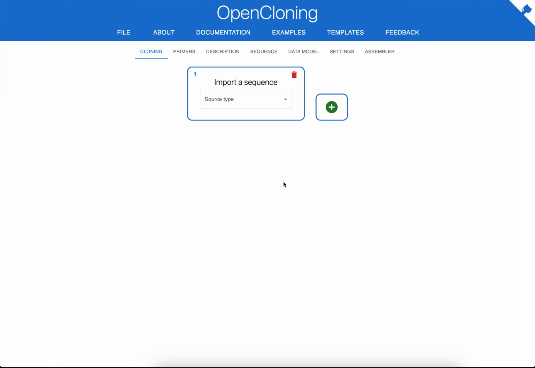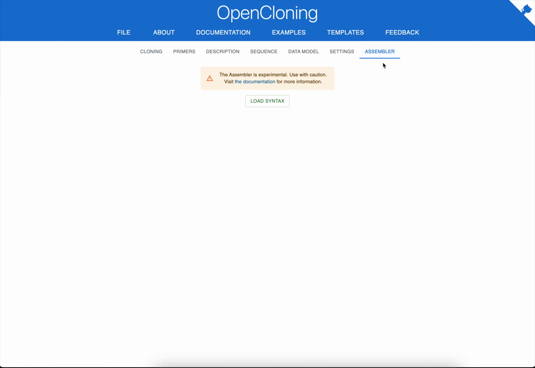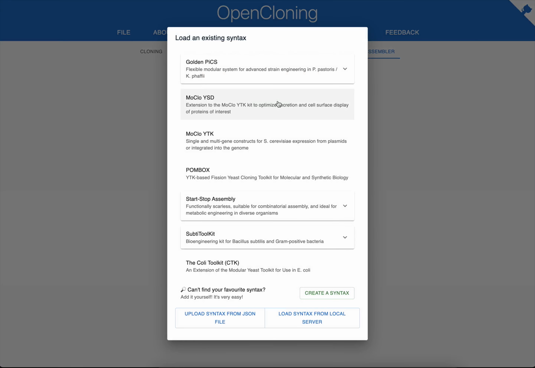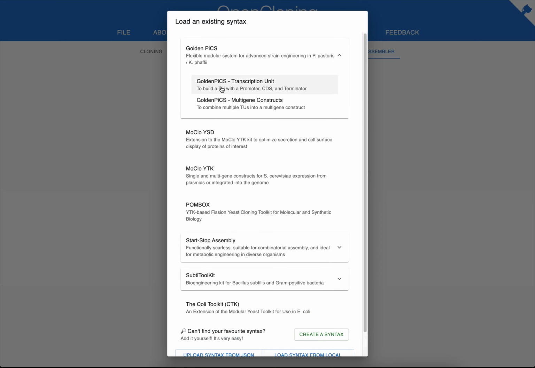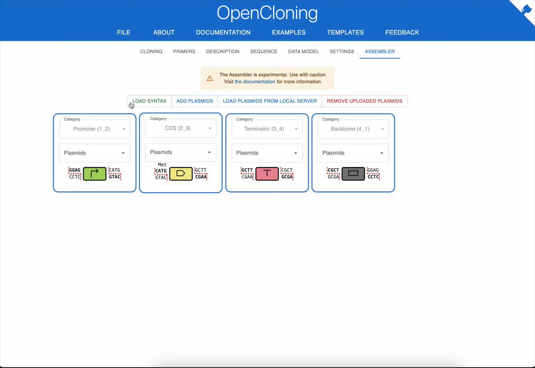How to quickly plan your Golden Gate assemblies in OpenCloning with its new assembler feature. Go to the Assembler tab and load an existing syntax or use your own. Let's pick Golden Peaks. Pick one of the types of assemblies, in this case transcription units, and you will be